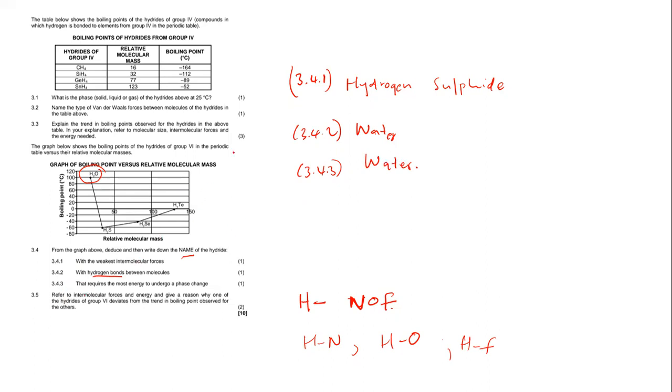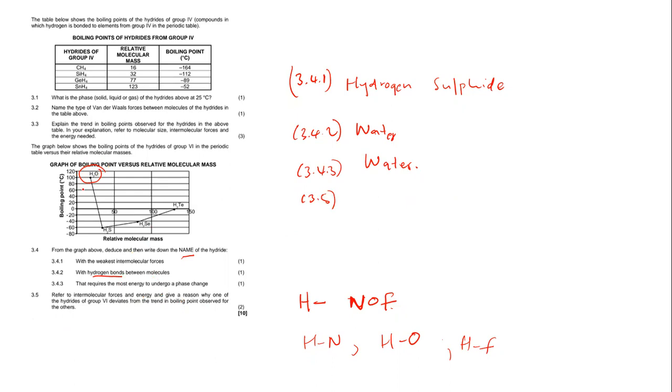Okay, so that will be 3.4.3. Now for 3.5, it says to us, refer to intermolecular forces and energy and give a reason why one of the hydrides of group 6 deviates from the trend in boiling point observed for the others. Now, this is what is happening. To answer 3.5,